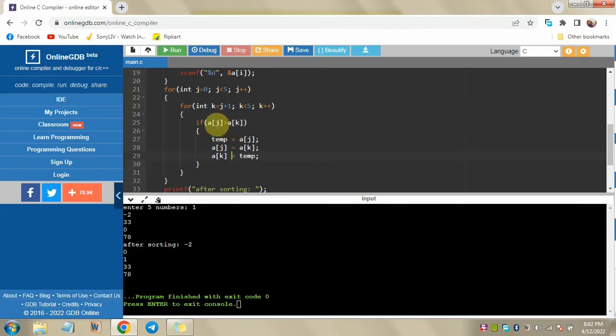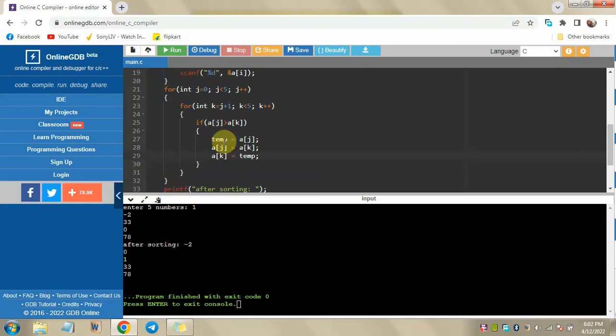So aj means a0, the first element, 1, because over here we have given input as 1. So we are checking if 1 is greater than ak, where k means 1, a1 means -2. So we are just checking if aj is greater than ak or not, if 1 is greater than -2 or not. If it's greater, then it will swap the numbers.